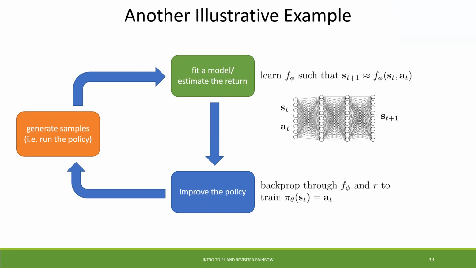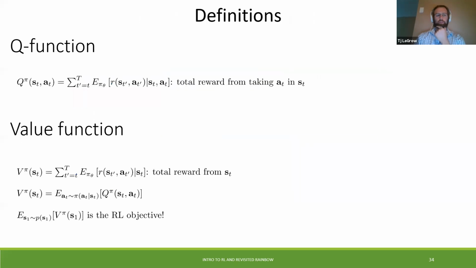Okay. Yeah. But I guess my question though is, what are you backpropping on? What is the equation that needs to be differentiable? And what properties does it need to have? The equation that we're going through is still this Q function, but we're going to be estimating the state action pairs.